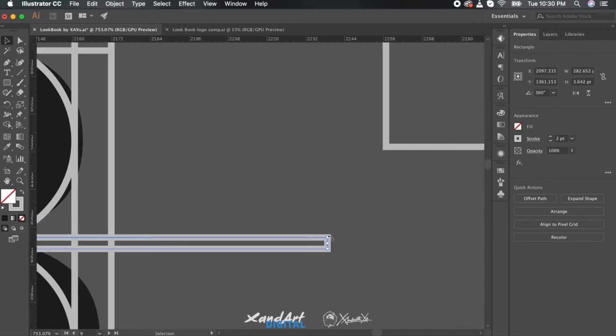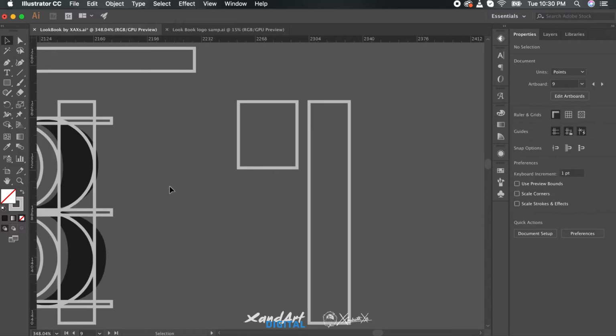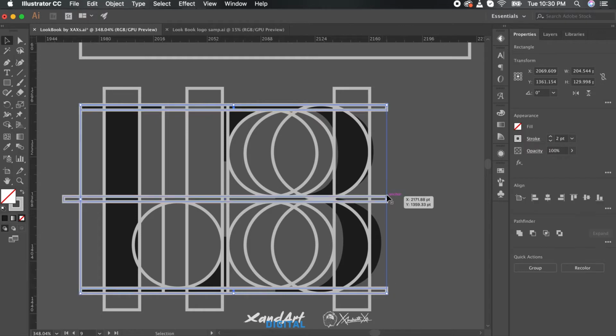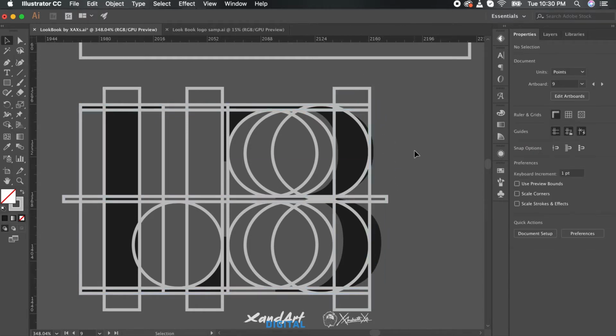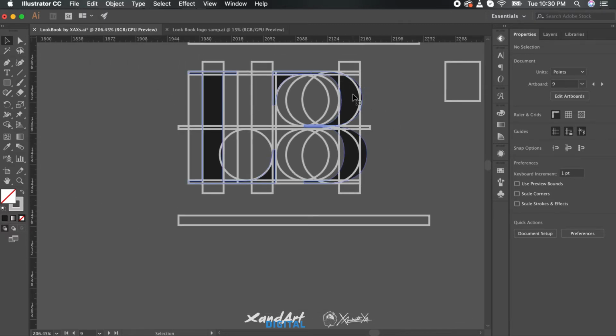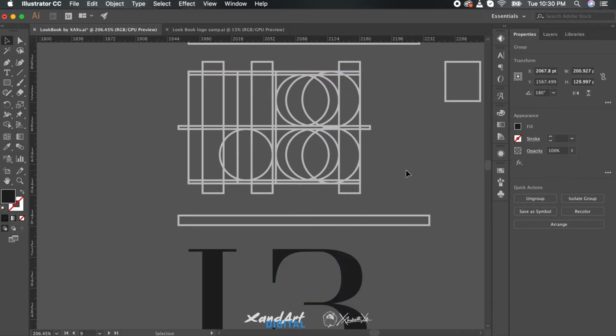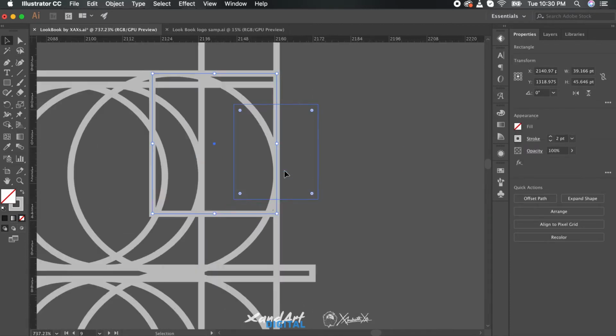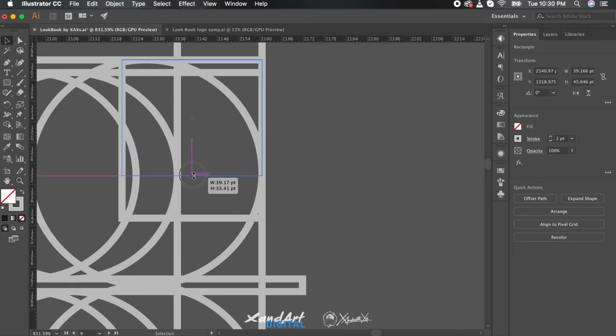Now once the grid is ready, we'll use the shape builder tool, of which the shortcut is Shift plus M, and then combine the shapes that together form the main logo. All you need to do is, with the grid selected, press and drag the shape builder tool over the small components that together form the logo. With the L done, now we are going on to the B, and you can do it in small gaps to make sure you don't lose much data when you make some short mistakes.